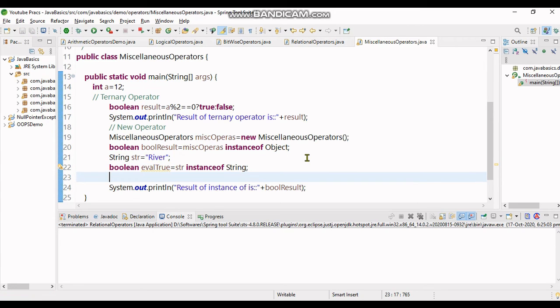I will check whether instanceof evaluates to true, because I've taken a string variable. It should be an instance of the String class, so I'll check the result. It should ideally print true.